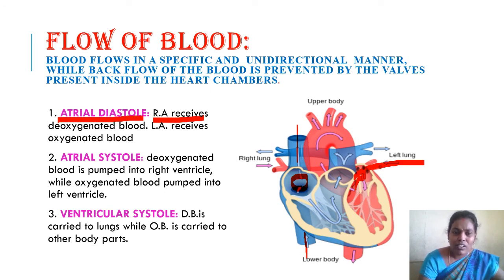During this systole, the blood is pumped from the right auricle into the right ventricle through one small aperture, which is called the auriculoventricular aperture, guarded by the tricuspid valve. From the right auricle to the right ventricle, deoxygenated blood is pumped because of the contraction of the atrium. At the same time, on this side also, the left atrium undergoes systole, and the oxygenated blood is pushed into the left ventricle.